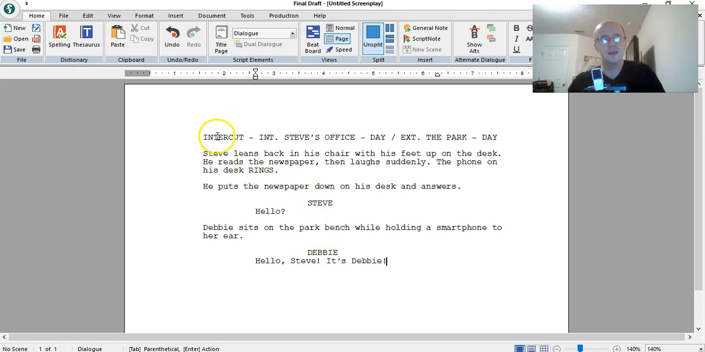But it's different here because you put intercut in the scene header, and then you put both scenes in the same header. It's weird. Intercut interior Steve's office day / exterior the park day. So that's indicating that before the second person talks on the phone, it's going to be in Steve's office. So you got all this representing Steve's office, and then when it goes to Debbie, that's the second part of this, the park. So we know it's the park because it's right there. Hello, Steve, it's Debbie. And then we can just go,